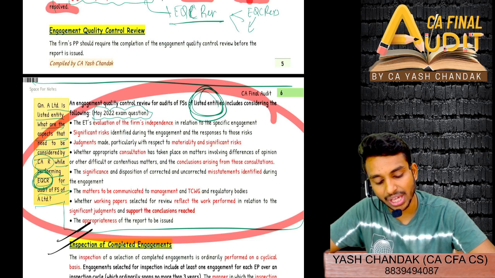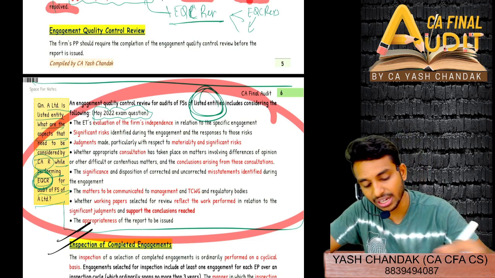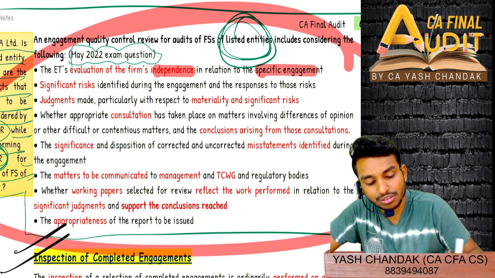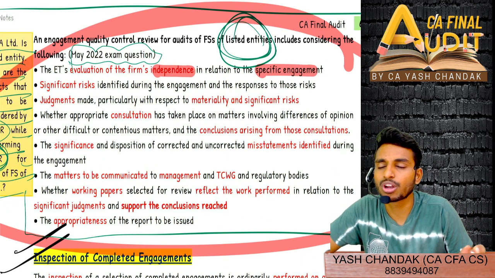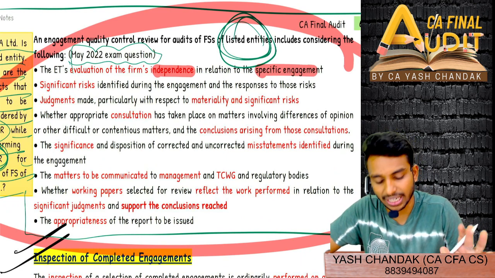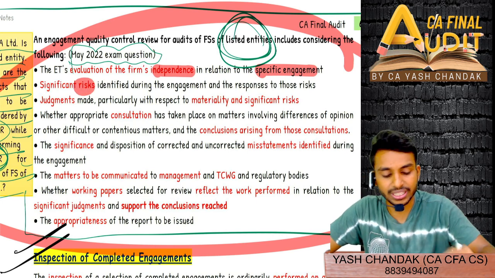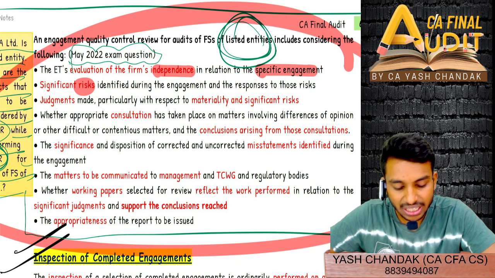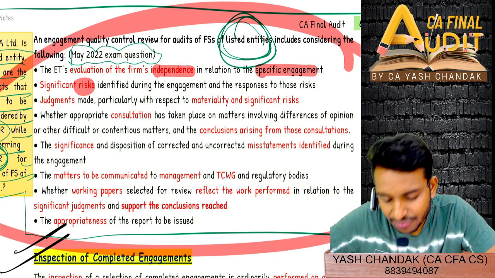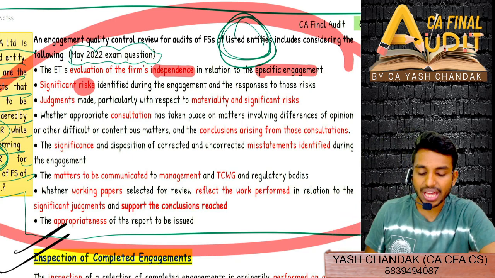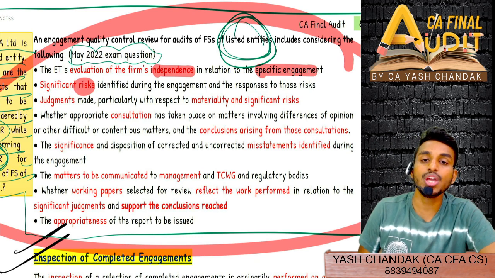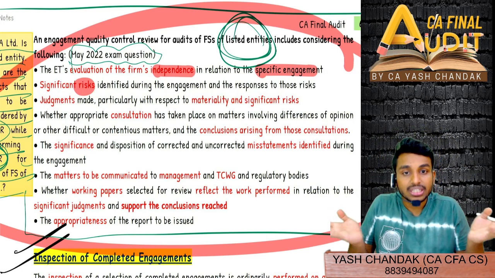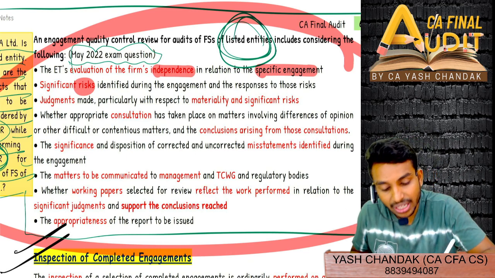It says what the EQCR for audit of FS of listed entities will consider: whether evaluation of the firm's independence in relation to the specific engagement. That is, whether the firm is independent or not of the client. Then the significant risk which is identified during the engagement and the response to those risks. So here, in essence, the EQCR will see whether all the standards on auditing have been complied with or not, or whether the entire audit was done properly,